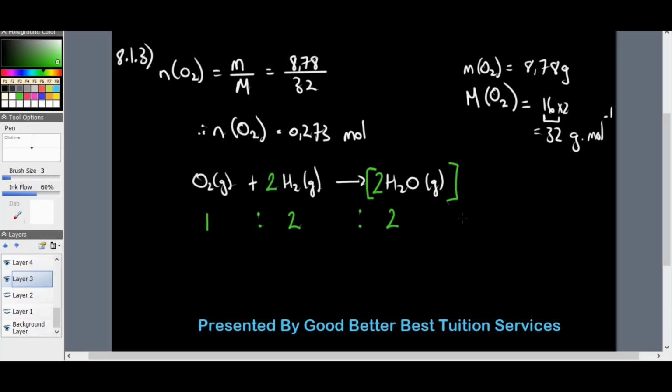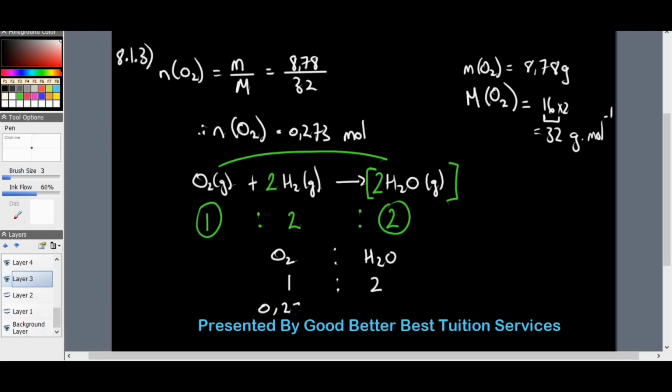To calculate water, we have the number of moles of oxygen. The stoichiometric ratio for oxygen to water is 1:2. So if 1 mole of oxygen, this is how we can position ourselves: we write O2 is to water. Continue the ratio: the stoichiometric ratio is 2. And we worked out the number of moles in this mole ratio, which was 0.273. Now, how do I get the number of moles of water according to the mole ratio,